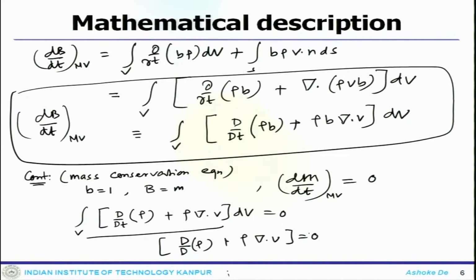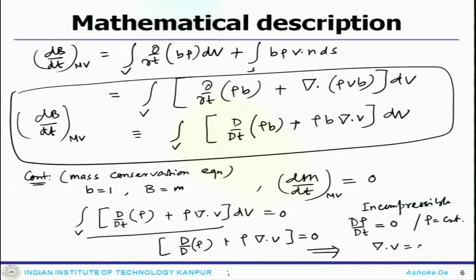So, when you have an incompressible system, you can actually derive that for an incompressible system d rho by dt is 0. So, that means essentially the rho remains constant. So, this gets me back a simple equation, del dot V equals to 0. This is what you get for the incompressible system. Okay. Thank you.